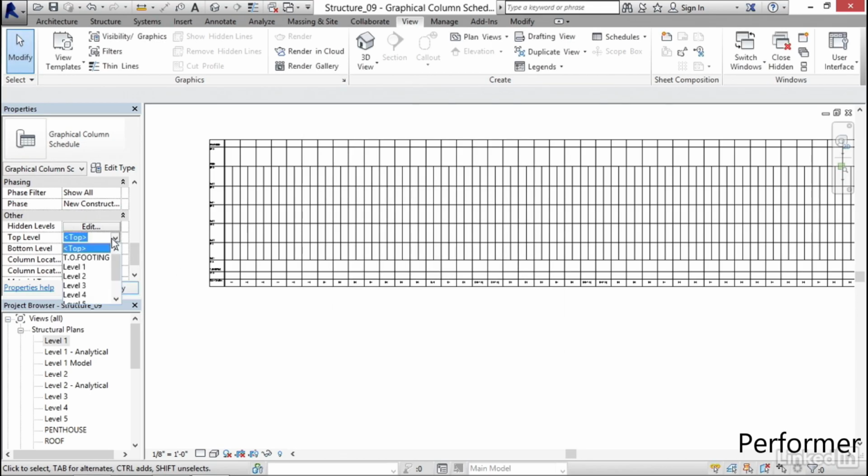For top level, we can choose top. Bottom level, we can choose bottom. I don't want to override these. For column locations, we can change all of these if we want. But I want to scroll down to the very bottom and I want to go to material types and I